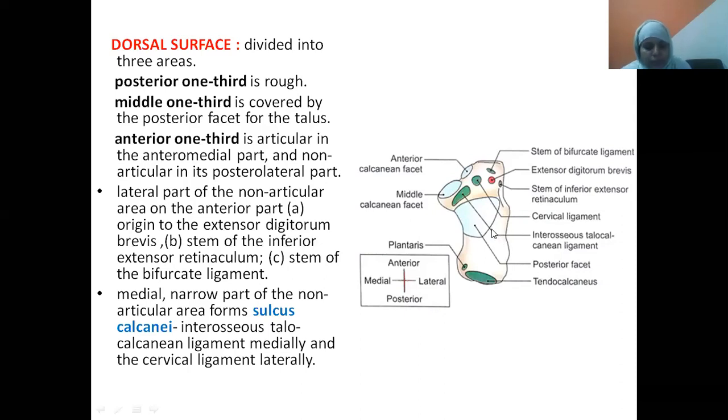Okay. Now see here. So this is the anterior end. At the anterior end, you are finding the anterior calcaneal facet, middle calcaneal facet, and posterior calcaneal facet. Why are these facets there? Which bone is coming and articulating here? The inferior aspect of the talus will have the same articular facets which come and fix over this bone like this. Okay. Roughly speaking, you just try to remember.